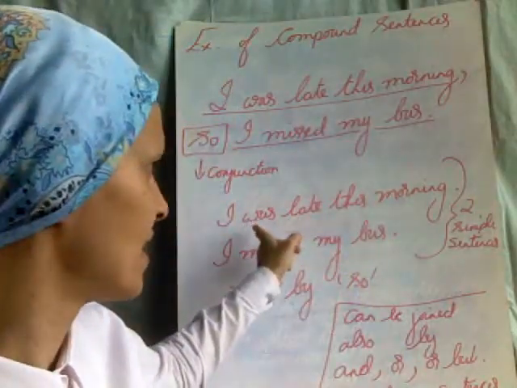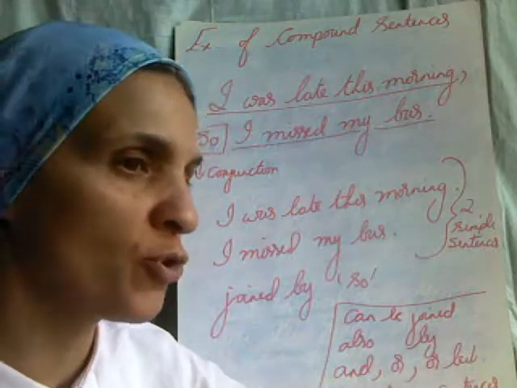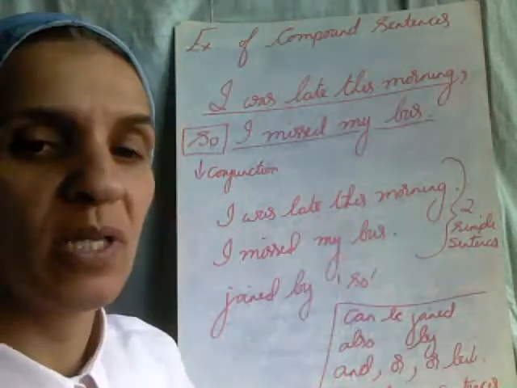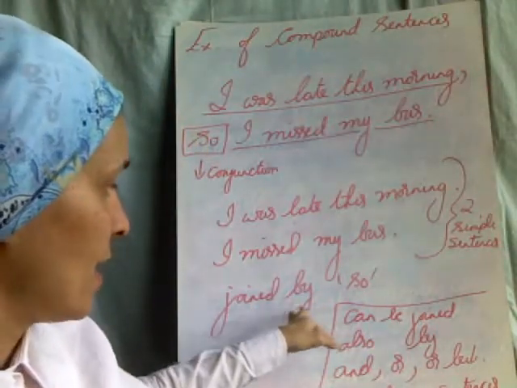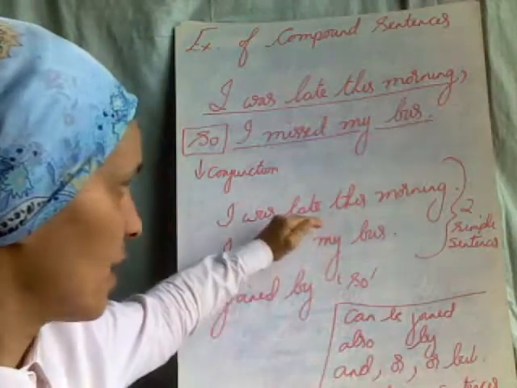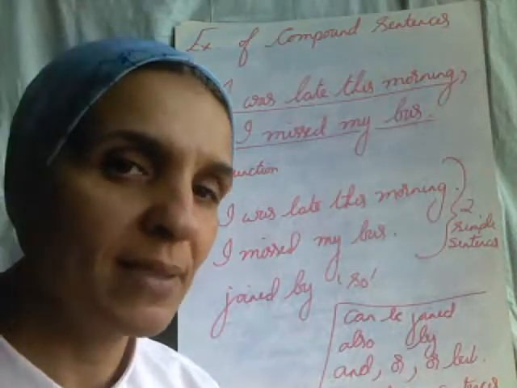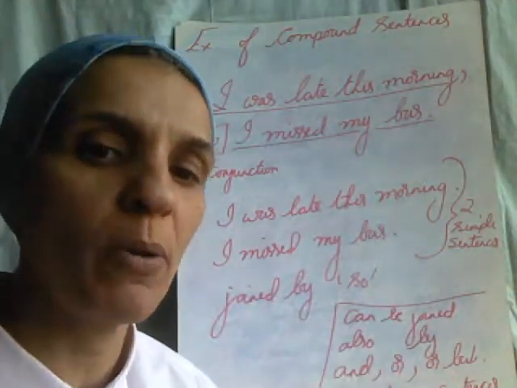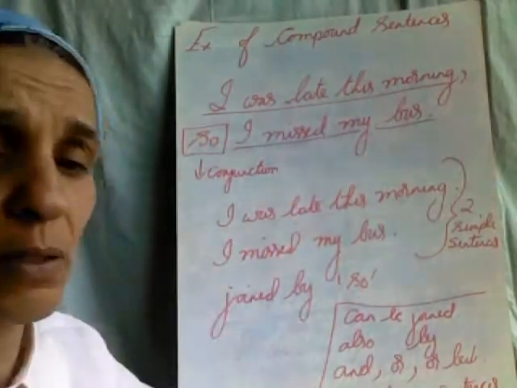I could have said I was late this morning and I missed my bus, I could say that too, but I want to show that the reason why I missed my bus is because I was late. And like I said, they have been joined together by a conjunction. But usually, if I was writing a paragraph and then I would edit my work, instead of writing these 2 sentences alone, I could make it into a compound sentence and join these 2 sentences using the comma and